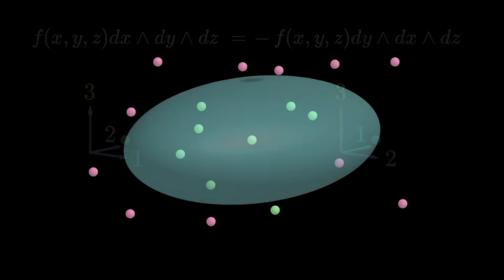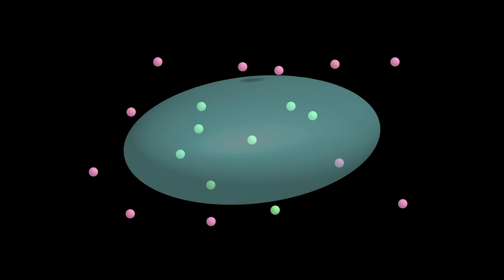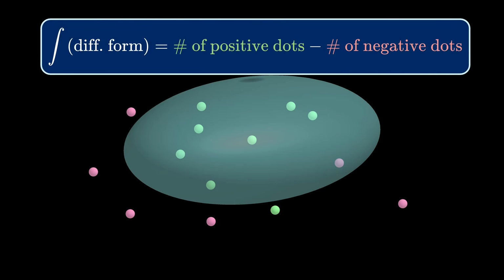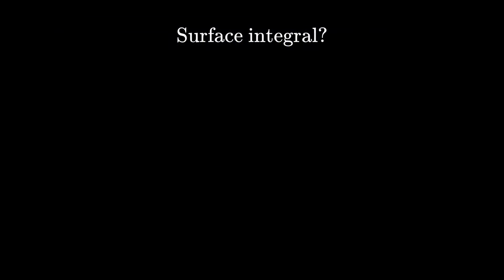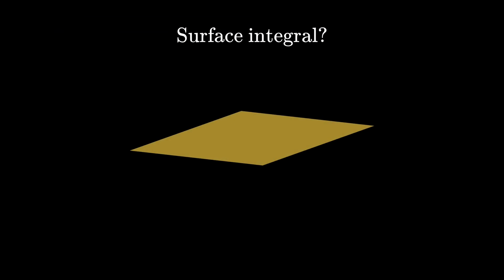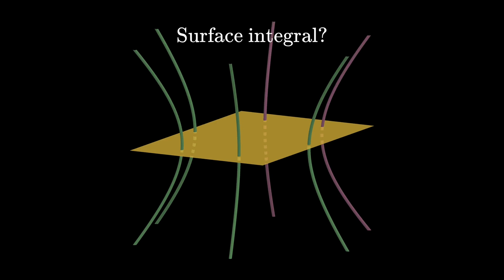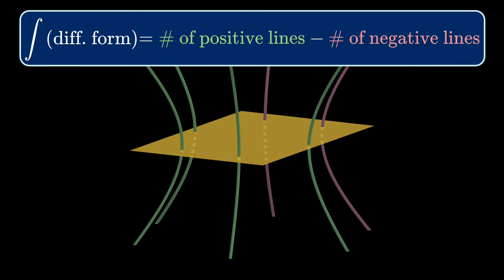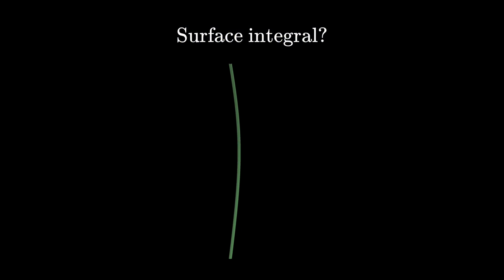A volume integral can then be computed by counting the number of positive dots minus the negative ones, just like before. What about a surface integral? This time, like the line integral in 2D, the associated differential form is also a bunch of curves, and to integrate it, we count how many positive lines the surface has intersected minus the negative ones. If we need to think about orientations, since we are integrating over a surface, the orientation is indicated by 2